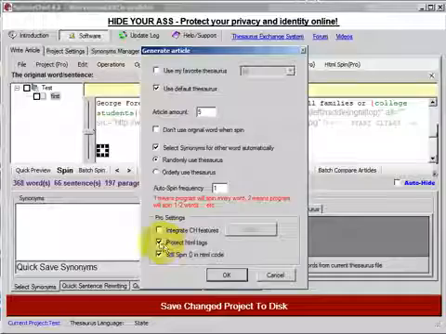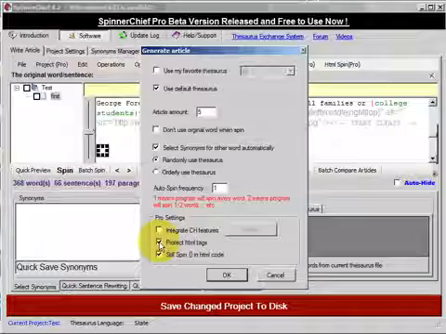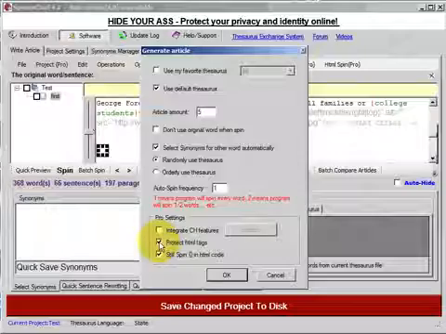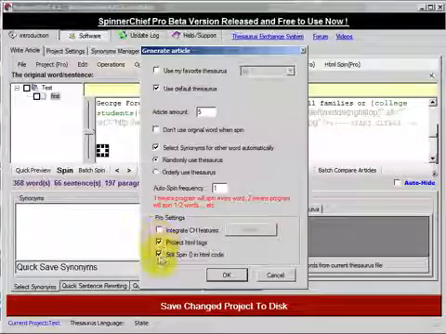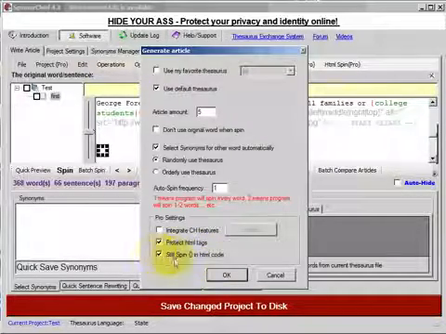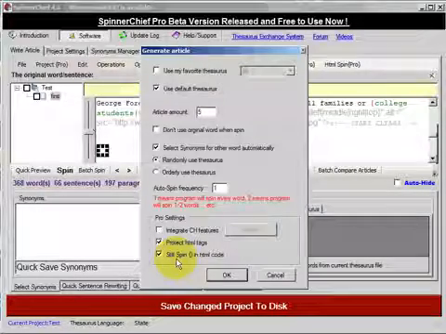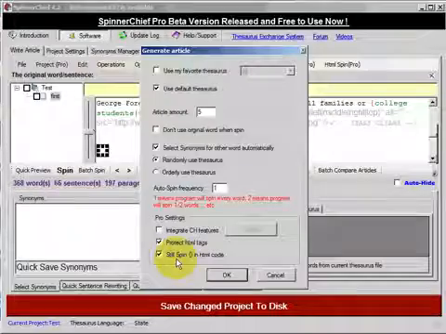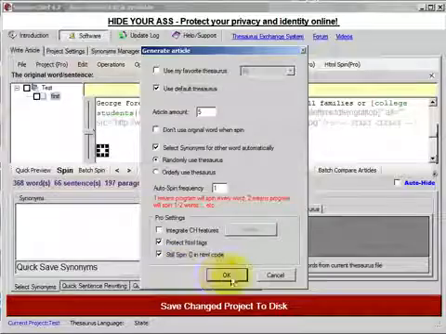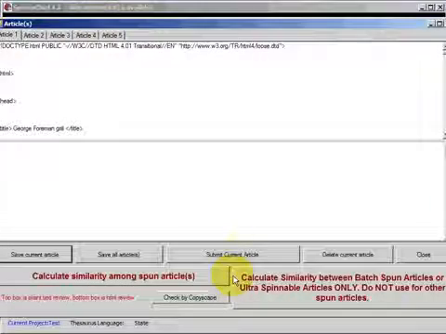I've got protect HTML tags checked because we don't want the HTML spinning. We want something like the web page that we were looking at originally, the Craigslist advertisement. And I've got the still spin brackets in HTML code checked, because if there's anything in the HTML that's in brackets, we do want that spinning, because that's a random feature, as we chose random for the image when we inserted it. So if I click OK to that, it's going to spin 5 versions of the text for us,